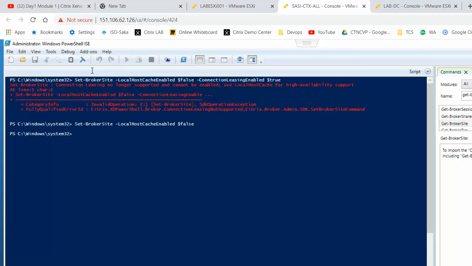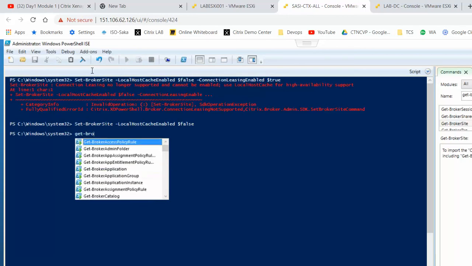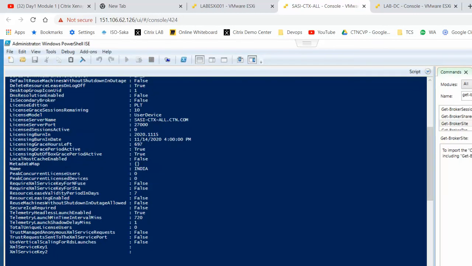So now we can check Get-BrokerSite. Now you can check here: LocalHostCacheEnabled is false. That means it is disabled. In case the site database is down, the user cannot access an application by using LHC.